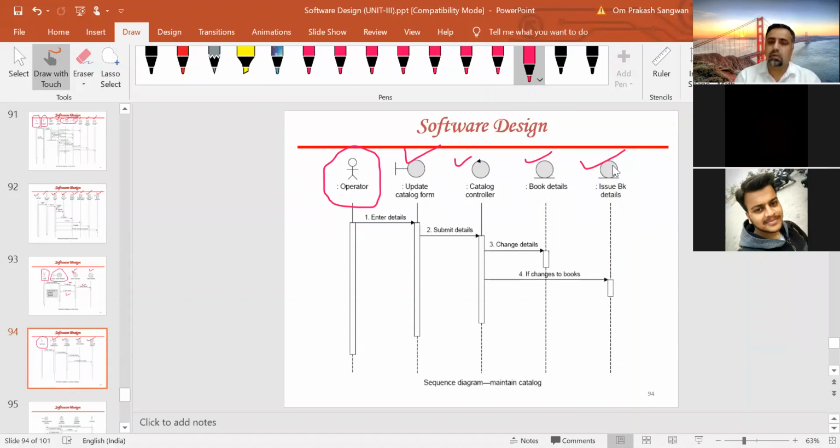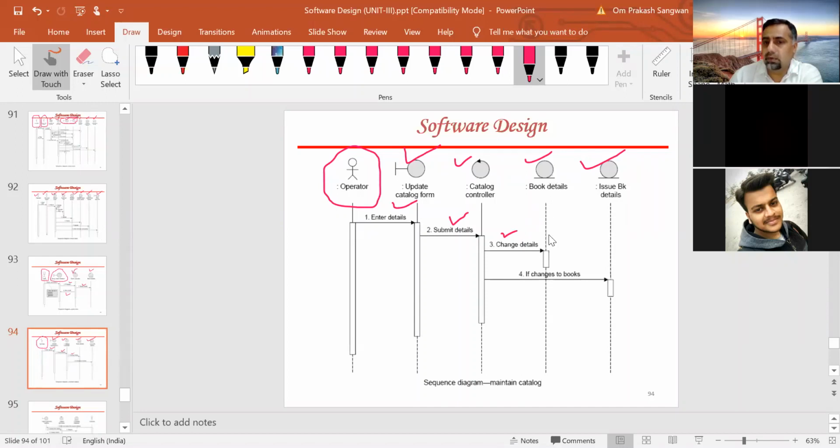Now in maintain catalog also, we have to follow a sequence of steps. The first one, enter details. Second, submit details. The details will be checked by the catalog controller. Then change details if any.